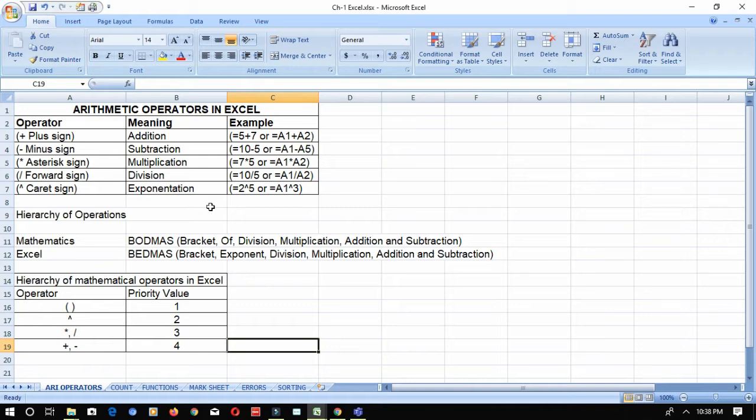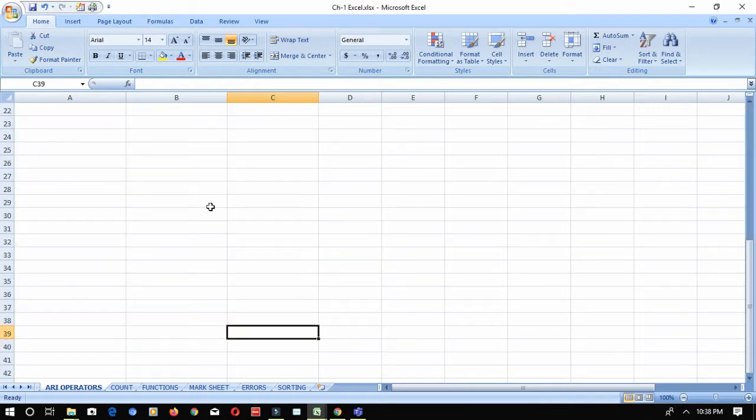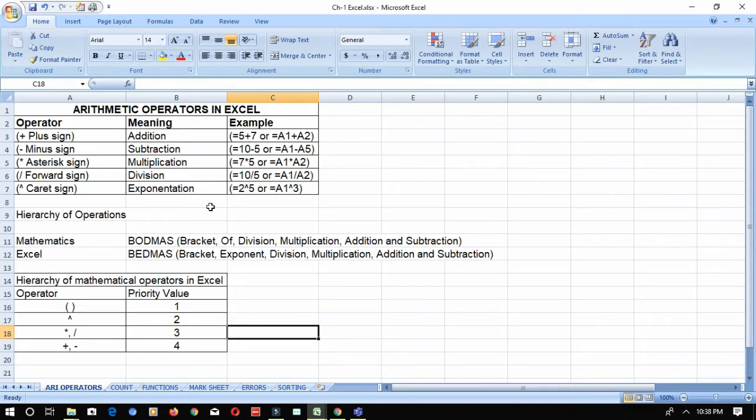Next will be Page Up and Page Down. Okay. So what will it do? Page Up will move you to the top of the page. For example, Page Down is taking you to the next page below, one screen down. When I do Page Up, it will take you one screen up. Next will be Alt plus Page Up and Page Down.